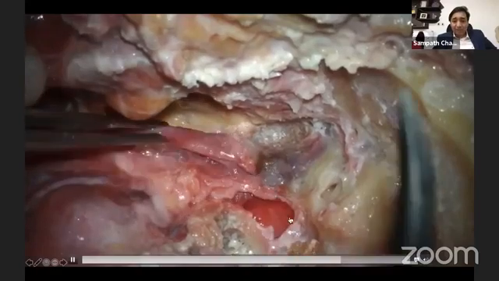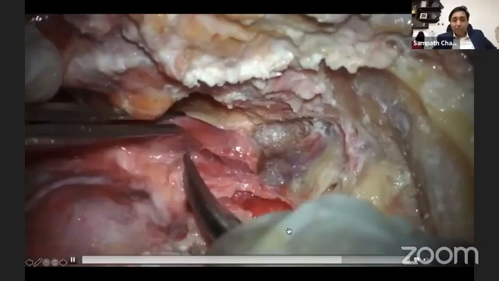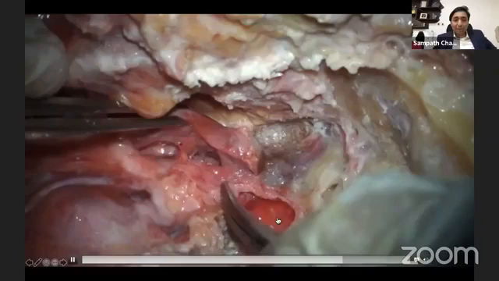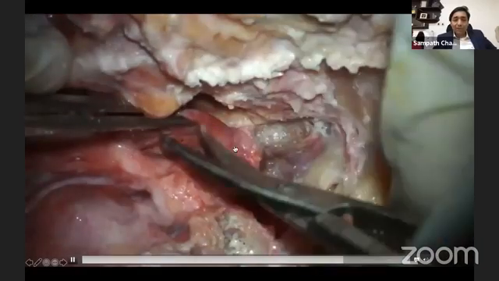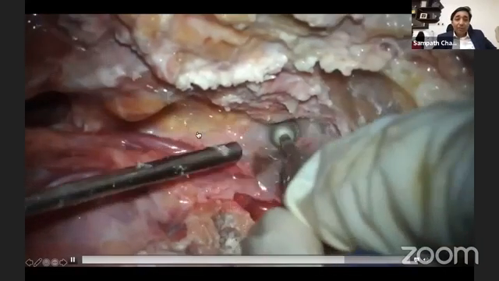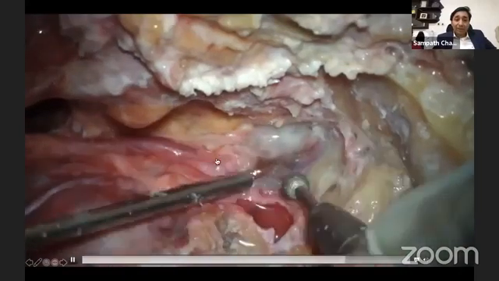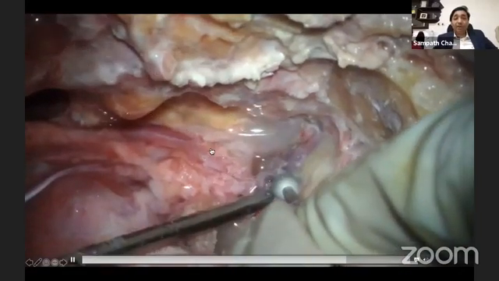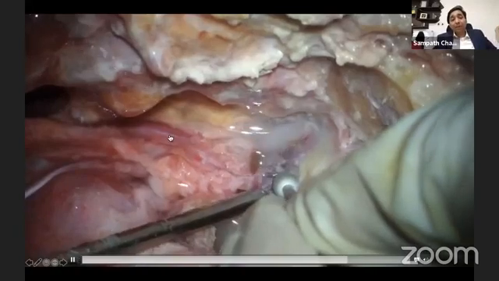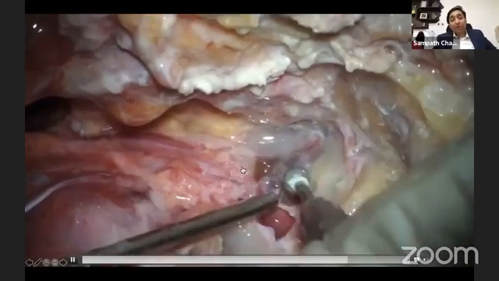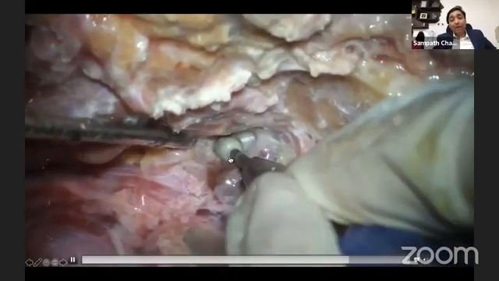But here you see that the jugular bulb has been opened. This is the dome of the jugular bulb. The medial wall of the jugular bulb is preserved. Now I'm doing carotid dissection. Somewhere here, you will find the 9th cranial nerve. I think it's here. You can see the 9th cranial nerve crossing the internal carotid artery. The 9th cranial nerve, or the glossopharyngeal nerve, crosses the carotid quite high above.